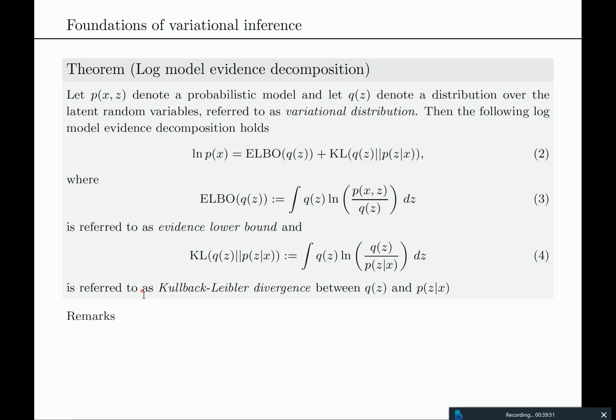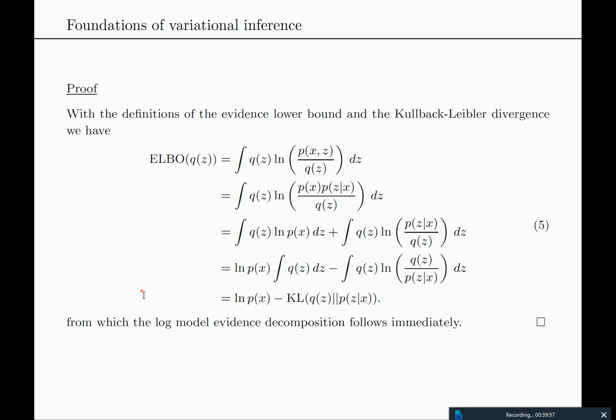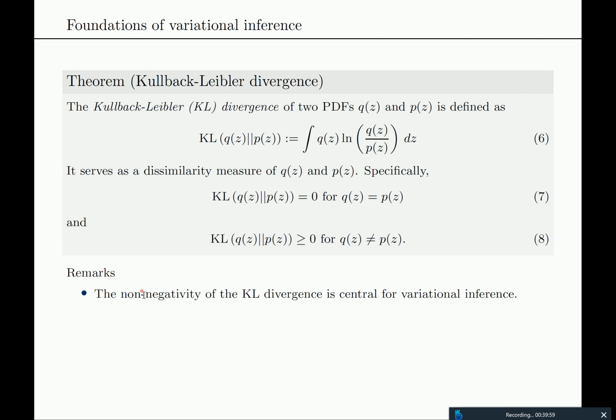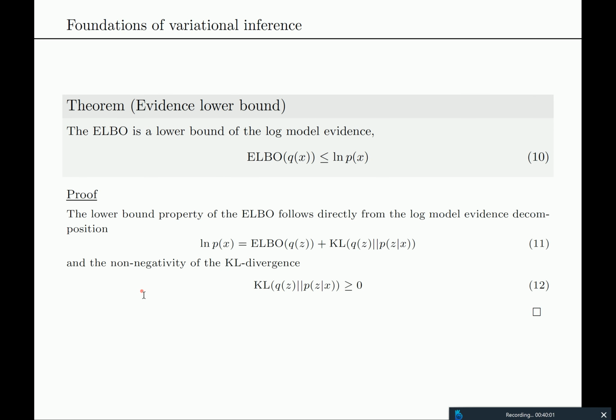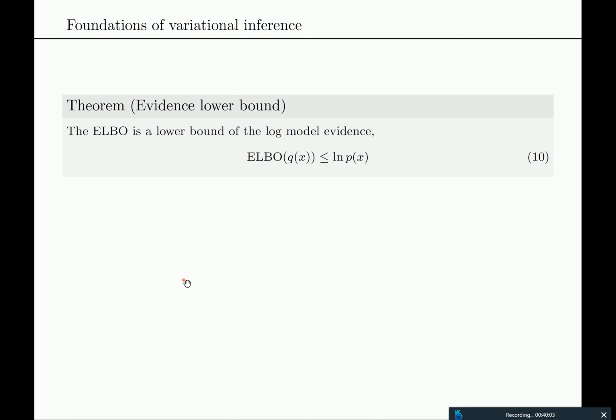We haven't really talked about what we need it for and what it's useful for, but just this understanding. Now, why is it called evidence lower bound, ELBO? Because it's a lower bound of the log model evidence. And by this we mean that the evidence lower bound,